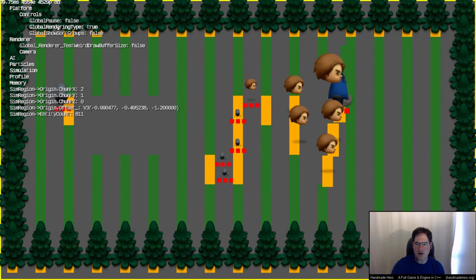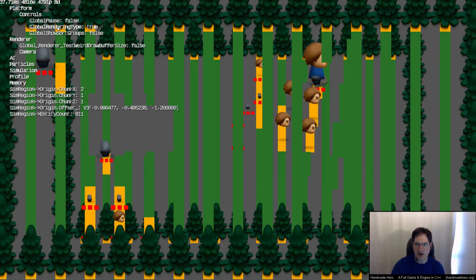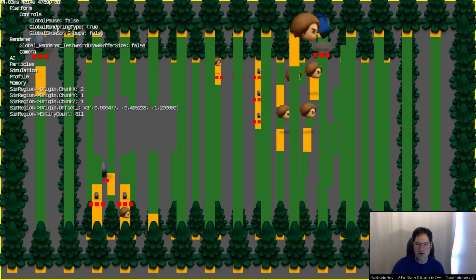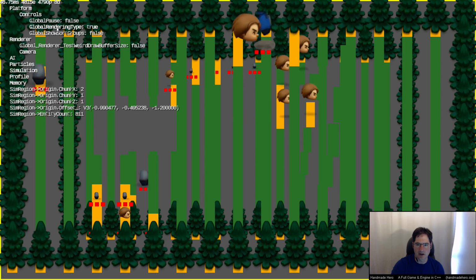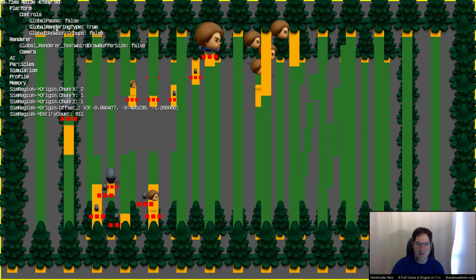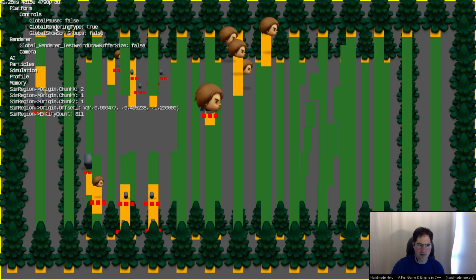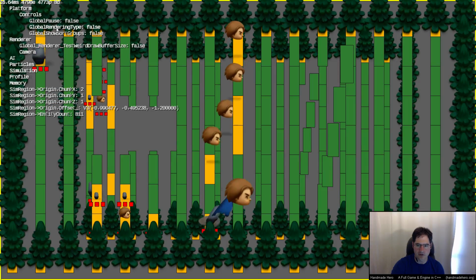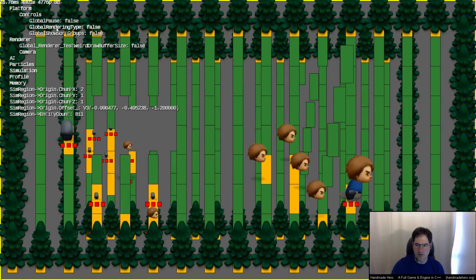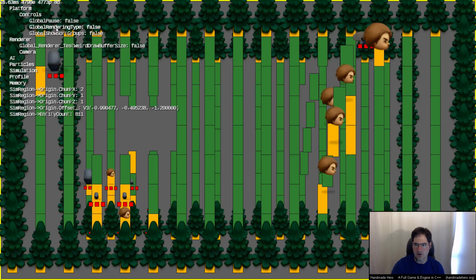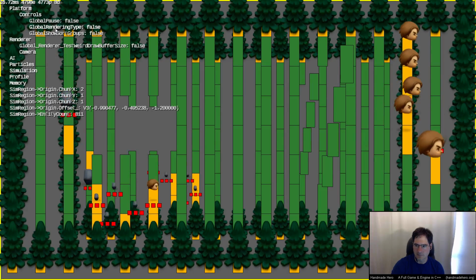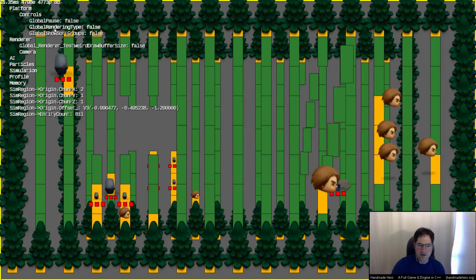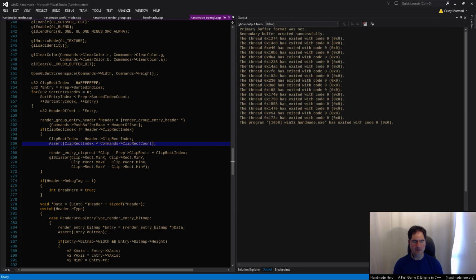So what I think we want to do is go to our software renderer and implement this first so that everyone understands what it is that we're actually doing. And then we can go back and implement it in OpenGL, which is, as always, a huge pain in the butt because OpenGL and basically all graphics APIs are ridiculous. So let's talk about what needs to happen in order for that to occur, and then we'll get started on it.